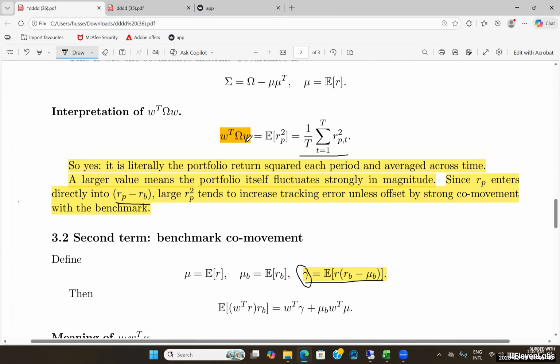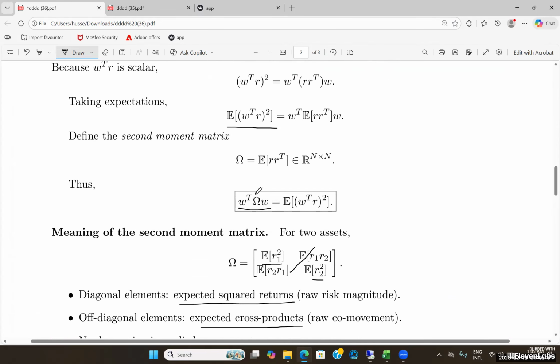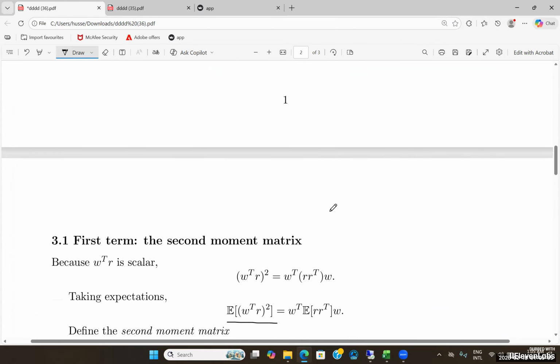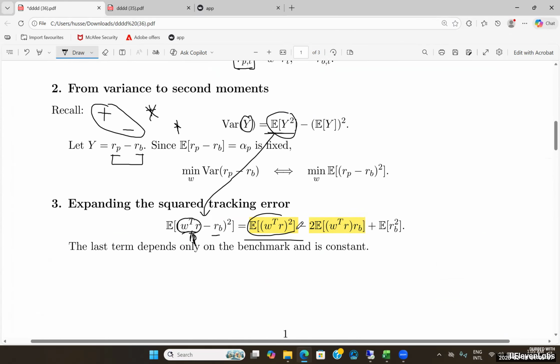When we refer to this specific term, once more, as we've previously discussed, this term shown above essentially represents the overall portfolio's return. This is because when we multiply the individual weight assigned to each asset by its corresponding return, the final result we obtain will be RP. So we are taking the return and squaring that value for each period of our portfolio and then averaging them